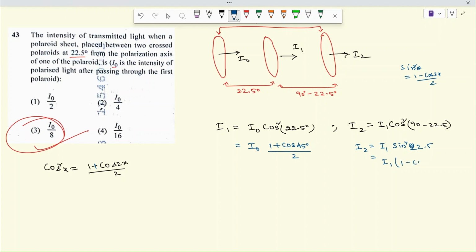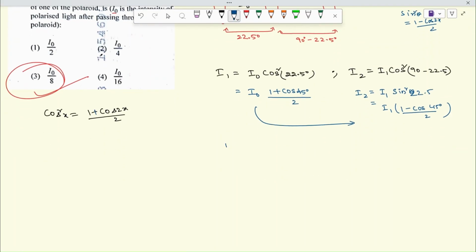So 1 minus cos 2 theta is 45 degrees whole by 2. Okay, now put I1 value here. Now what will happen? I2 will become I1, means I naught into 1 plus cos 45 by 2